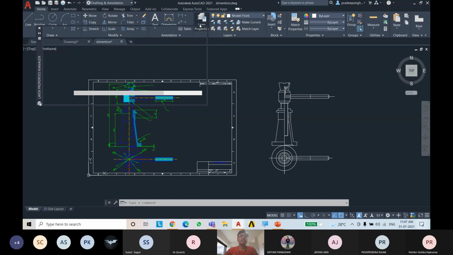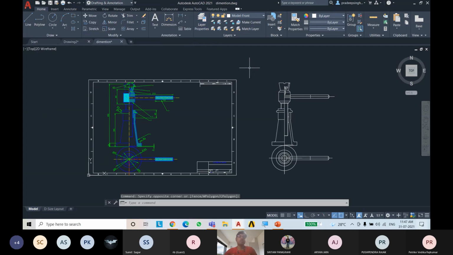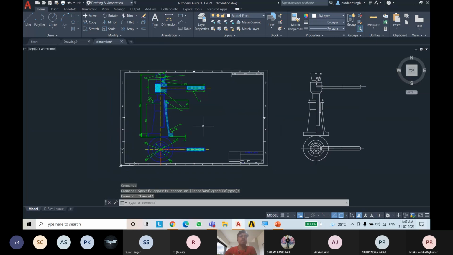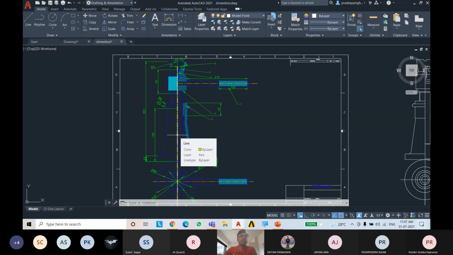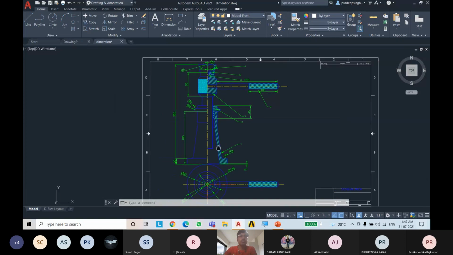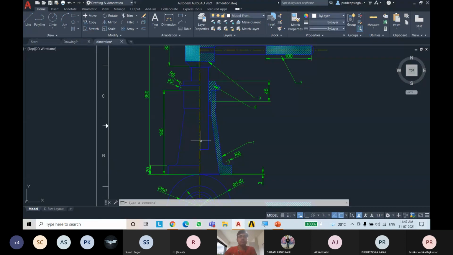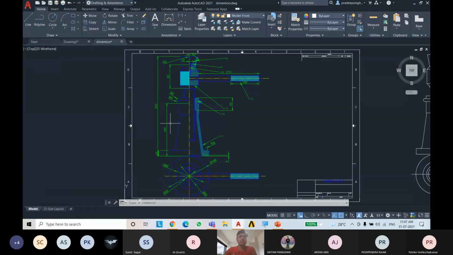Now, first of all, to do anything, we need to go to layer properties. I have already typed different layers. Layers are used to differentiate different types of elements. You can see in this drawing, this is the center point of this drawing. I have made it in a different color, like yellow, and you can also see that there are different line patterns for this line and this line. I have drawn the edges with blue color, and I have also drawn these dimensions with green color, and